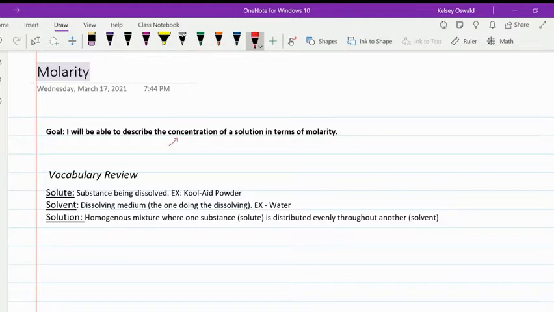So when we think of that word concentration, we're going to want to think about how much of one thing is in a certain area. Okay. So when you guys think of something that's very concentrated, there are a lot of particles or a lot of objects in a specific area. If something is not very concentrated, things are very spread out. Okay, so when we talk about concentration, that's going to define the amount of particles